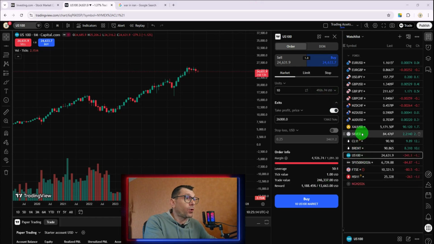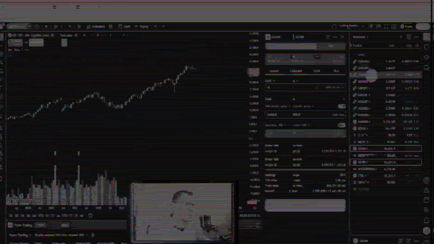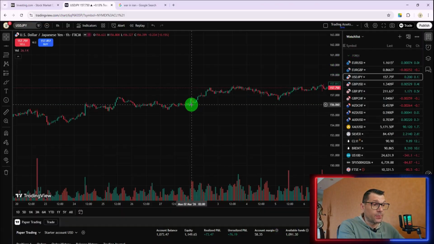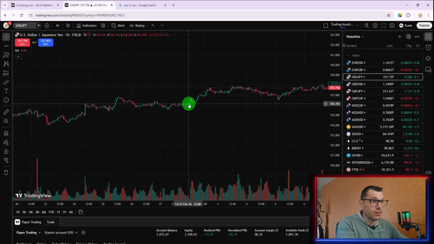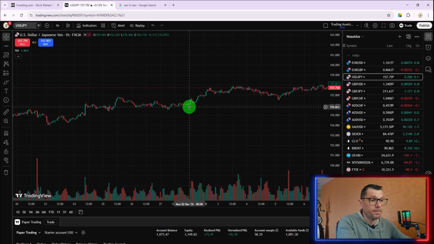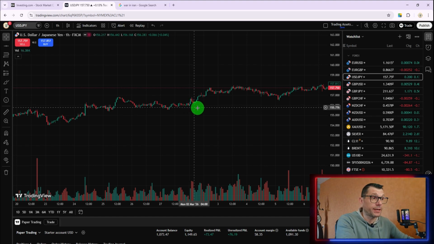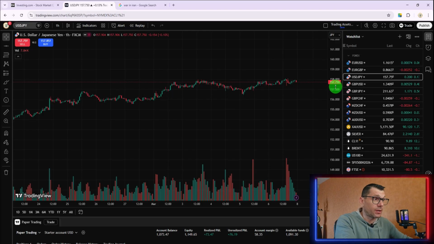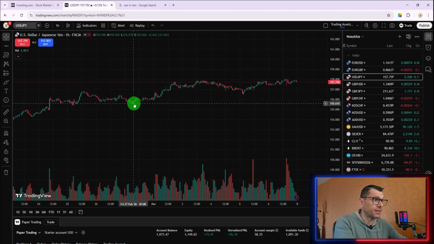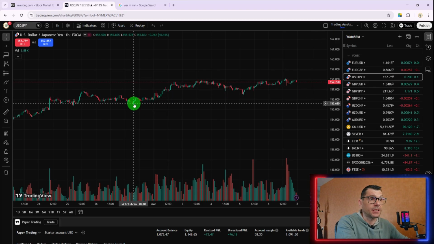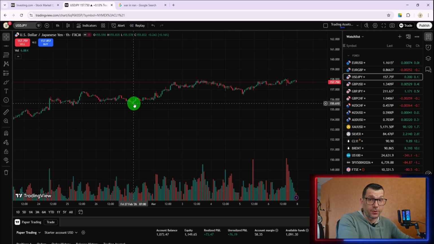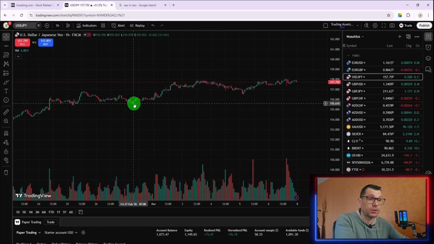Moving forward, let's look at the US dollar. So now we're looking at the USD/JPY. You can see that on Friday the price was at 155.84. That was the exchange rate, and since then the price has gone up to 157.75. So you may see that the US dollar has gone up versus the Japanese yen, and it's usually the case.